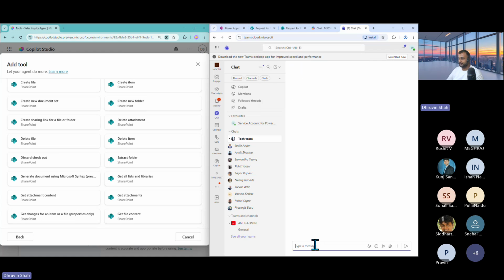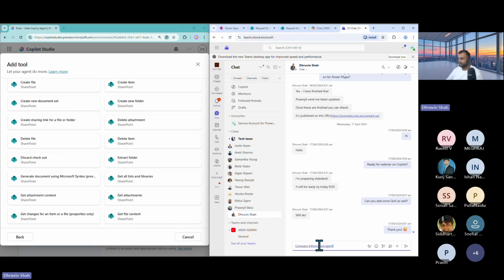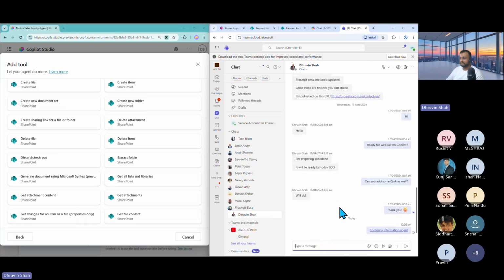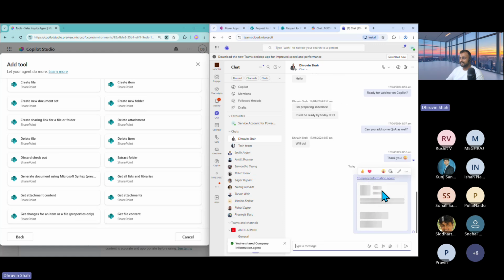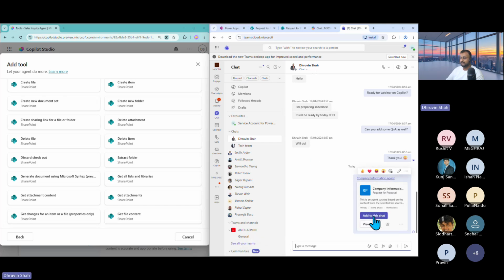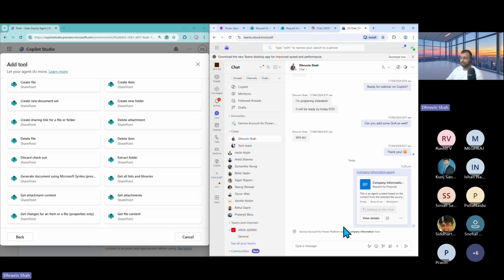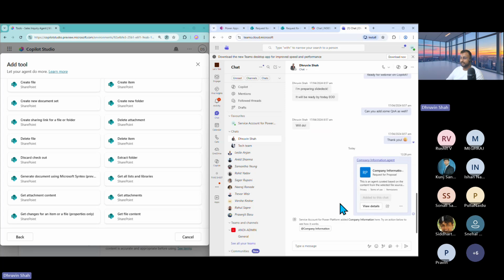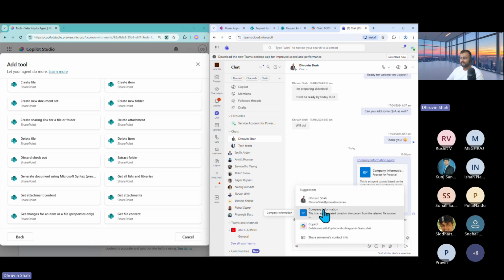I'm searching my name over here and I'm pasting one of the URLs that we just shared with the chat agent. So basically it opens that shared agent over here for me, using which we can simply communicate. So we can just add that agent to this chat, and we can start communicating with that SharePoint agent that we built. Okay. By the time, of course, you see it is being added within my Teams, and now you can start talking to it this way, company information,